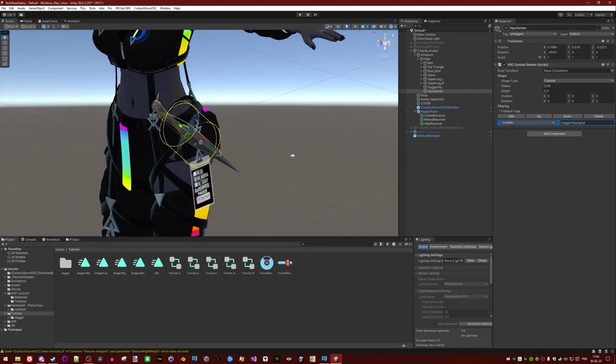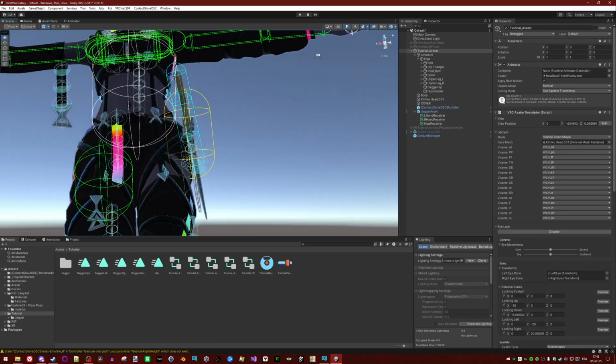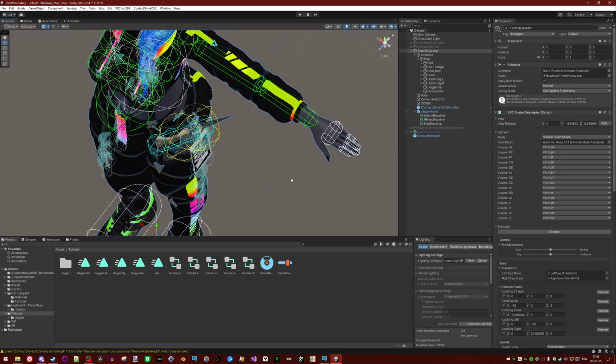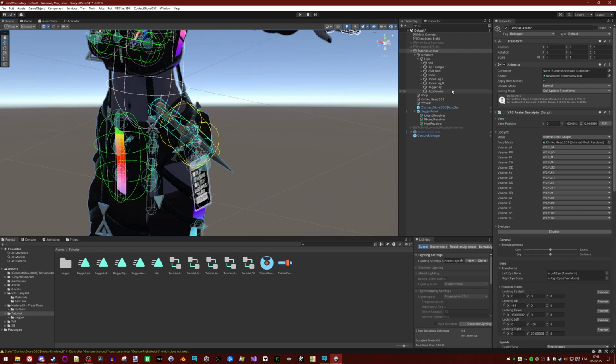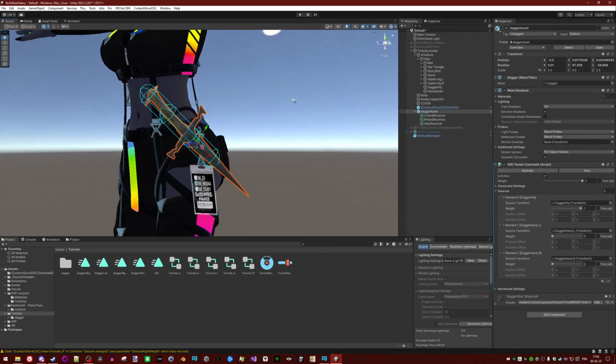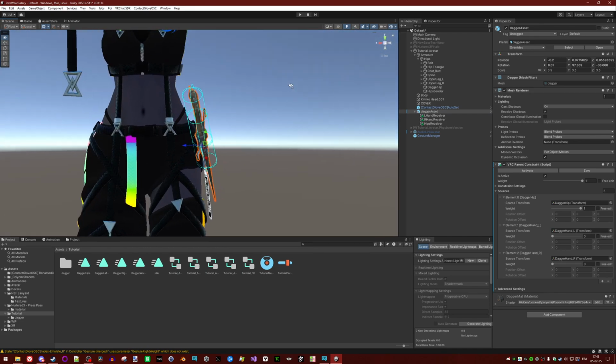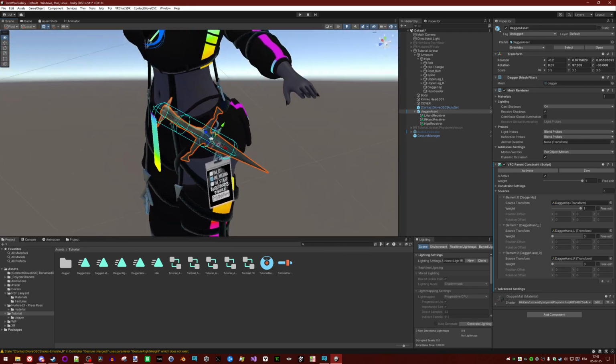So here, as you can see, the dagger is right in contact with what I've made. Now that we have the setup ready, we can actually change the dagger location with gestures.